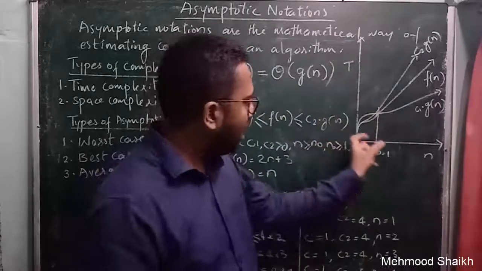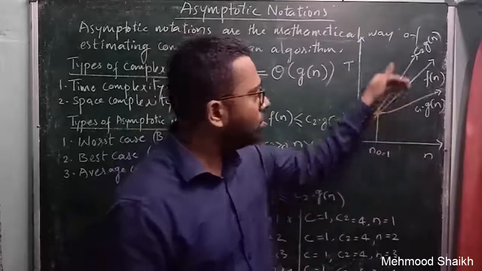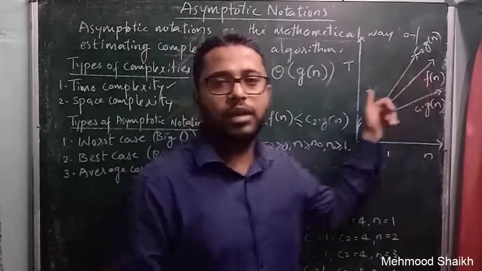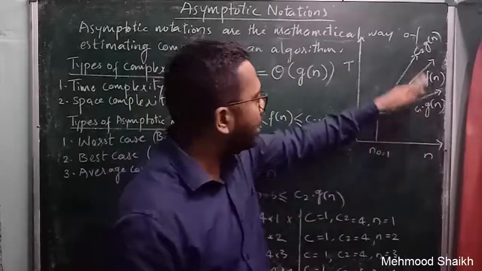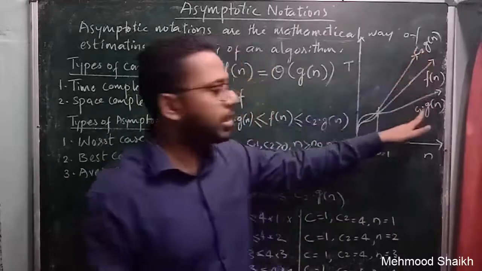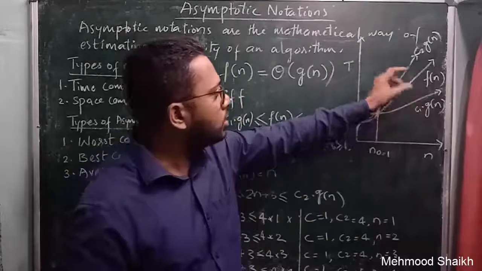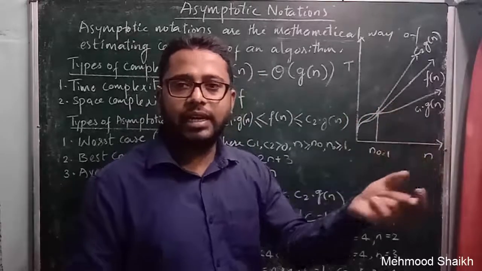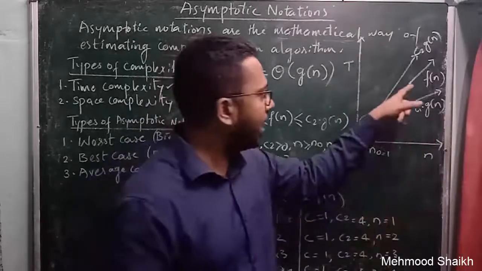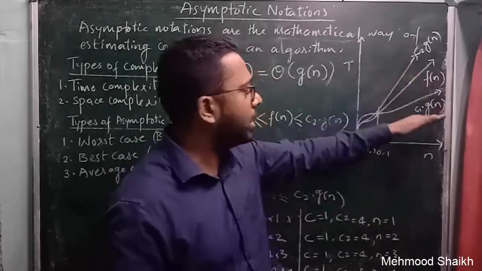Okay, so when I keep on increasing the size, we will keep noticing the behavior of the average case, where our function f of n lies between the upper bound and the lower bound. So this is the upper bound and this is the lower bound. Here you can see our function, which executes by taking an input of size n, lies between the upper bound and the lower bound.